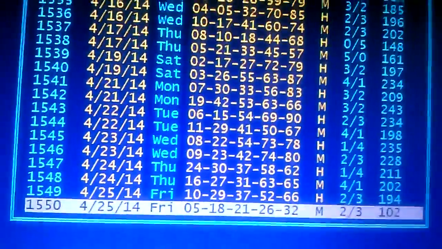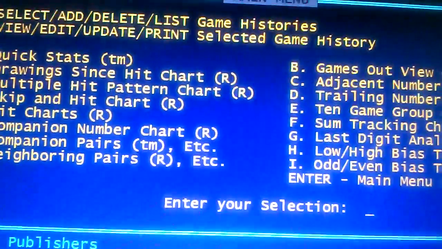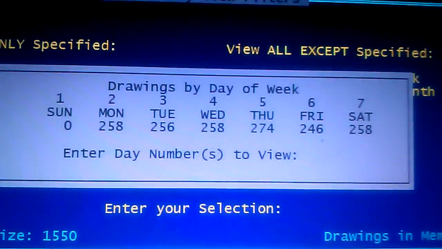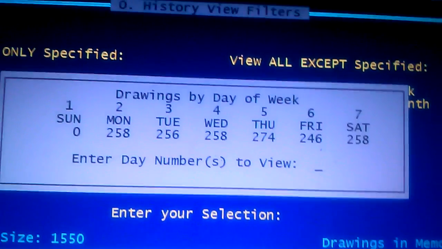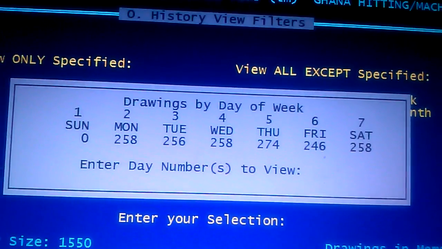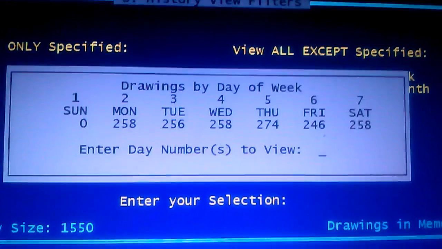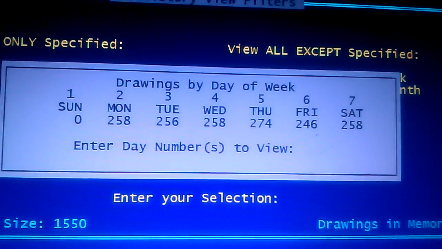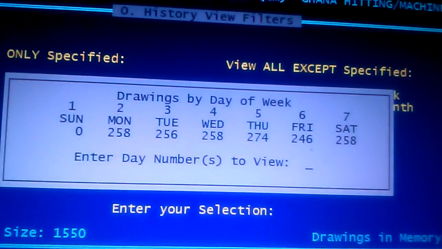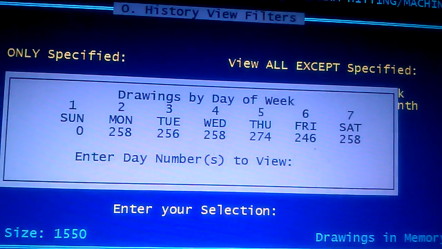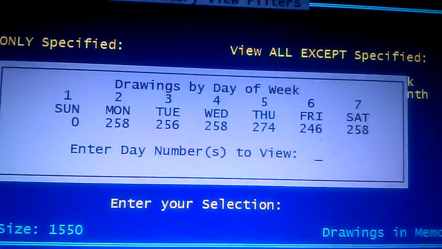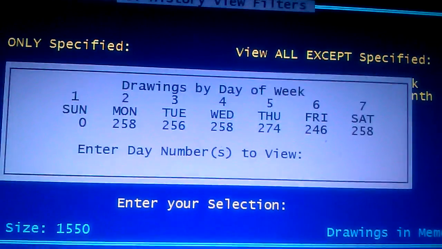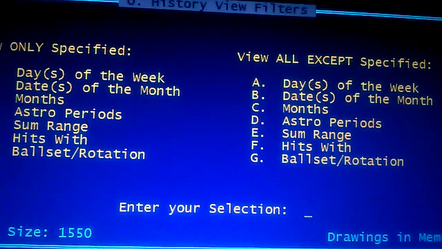But also, once again, I can look at it as an individual day. If I choose to, I can look at it just Monday, Tuesday, Wednesday, Thursday, Friday, or Saturday. So if I want to see what's going on with the machine, the winning numbers and the machine numbers for MSP, Lucky G, Midweek, Fortune, Bonanza, or National, I can isolate those drawings. Not only with both the winning and the machine numbers,